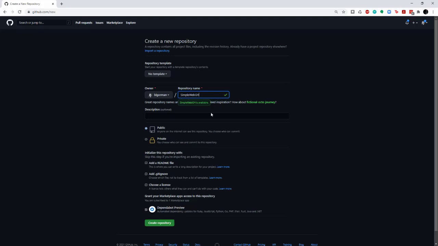Simple Web GitHub, and I'll just leave it public. I'll probably tear this down after this demo, so don't look for this online. I'll probably be redoing this at some point in a different way, but just know that this is probably going to be gone by the time you get there. Simple Web demo with actions. Maybe I'll leave it up. I don't know. You just never know. I'm not going to put any README, gitignore, or license in there, although I ordinarily would. I'm going to go ahead and leave